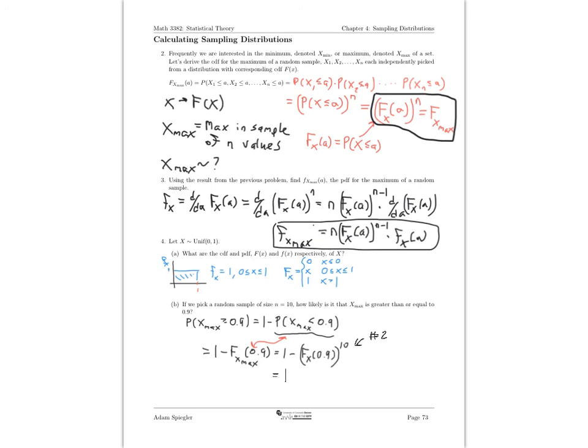So now we've got 1 minus, and F sub x, we saw over here, is just equal to x. So F sub x at 0.9 is just going to equal 0.9. And then we raise that to the 10th power. And then simplifying all of that is going to give us 1 minus